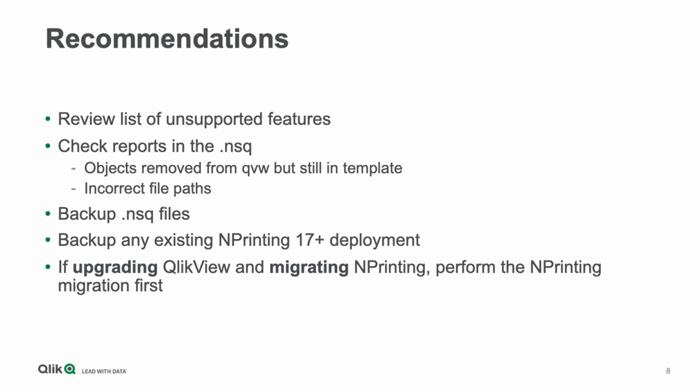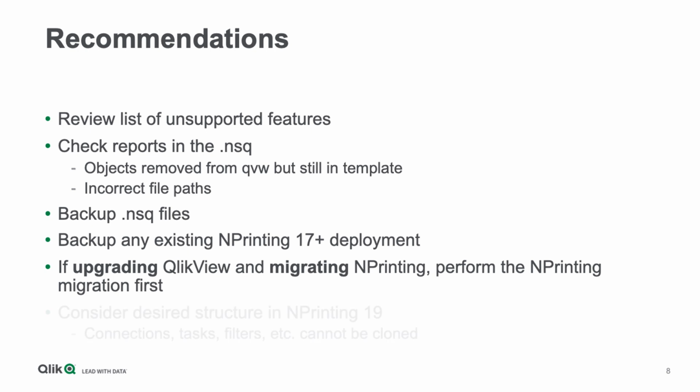And if something does go wrong, it will be easier to identify it and pin it on the migration between NPrinting, as opposed to trying to determine, was it an NPrinting issue or was it related to the upgrade of my QlikView? So the order that we would recommend is perform the NPrinting migration from 16 to 19 first. After that, and after checking to make sure that everything works the way it did previously,